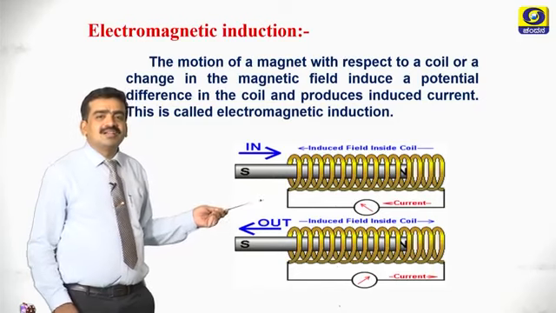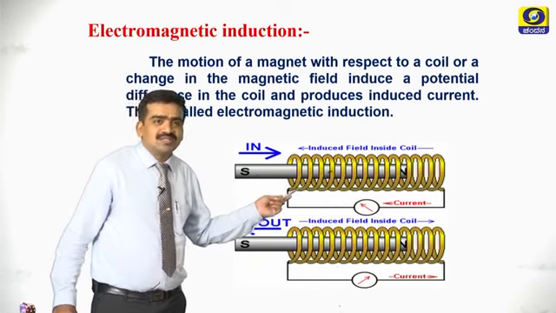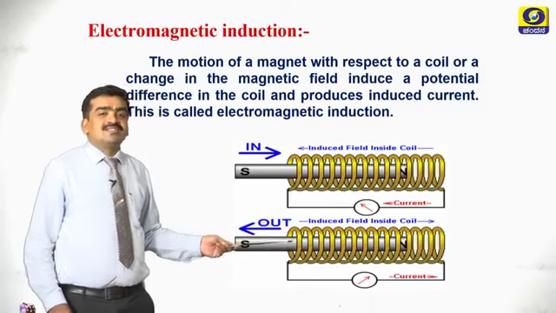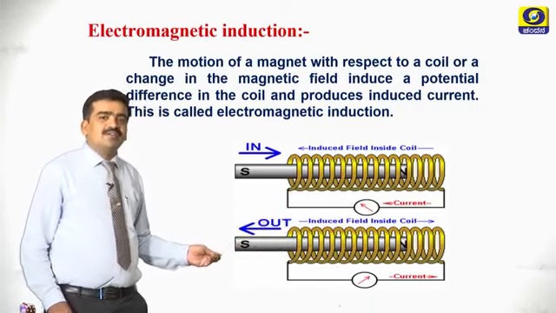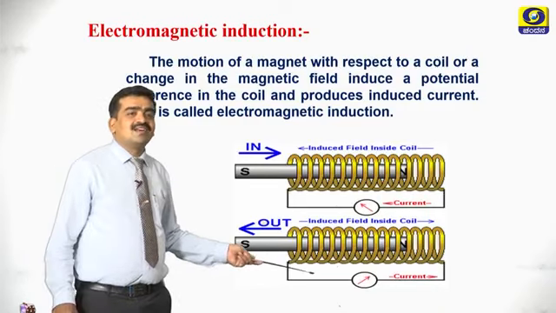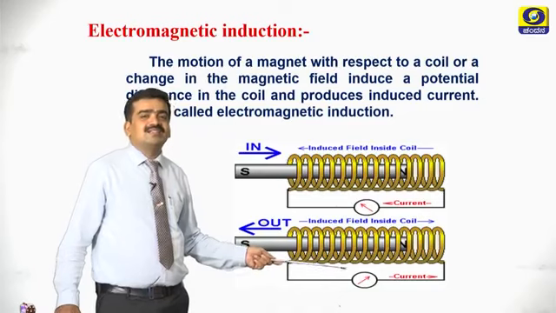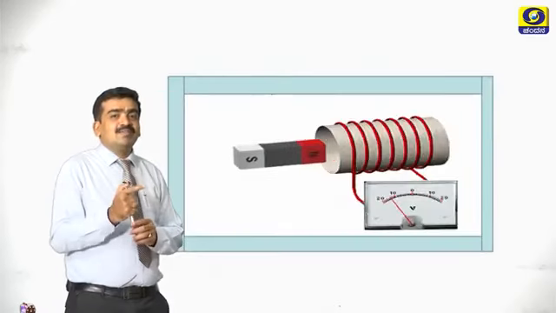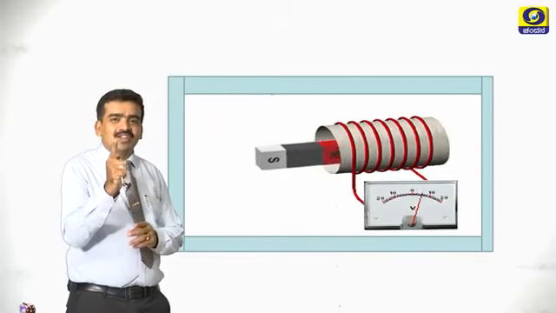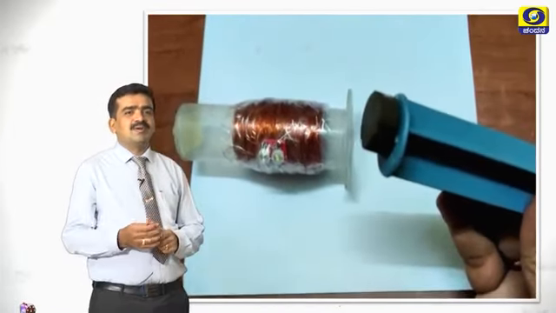So, we are going to notice induced EMF when a magnet is pushed inside the coil, which is identified with the help of a galvanometer. In the same way, if you withdraw the magnet from the coil, there also we can notice a deflection in the galvanometer. In both cases the deflection is opposite. EMF is induced only when there is relative motion between the magnetic field and the coil, otherwise no induced EMF. See another experiment I am showing you.